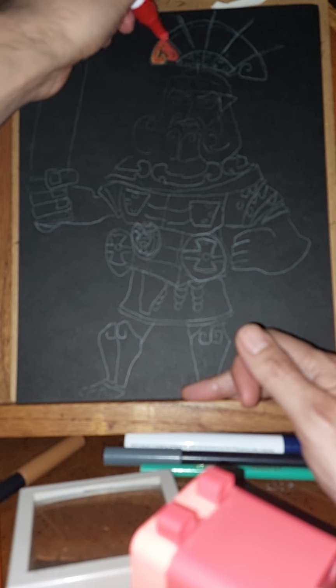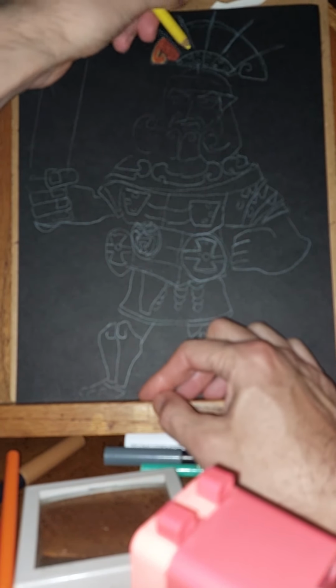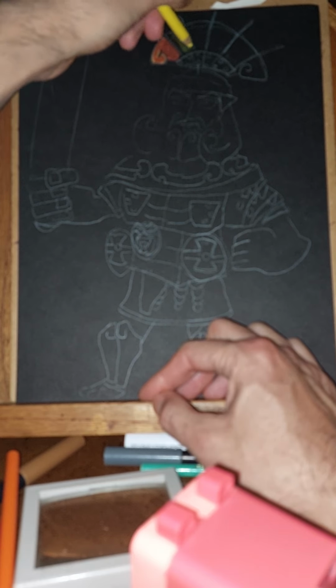Now, the reason I'm drawing on black paper, besides the fact I did it with Metal Men, right? The reason is because this is eternal darkness. So as I was mulling it over in my head, I said, you know, should it be dark? Now, this yellow will serve as a...